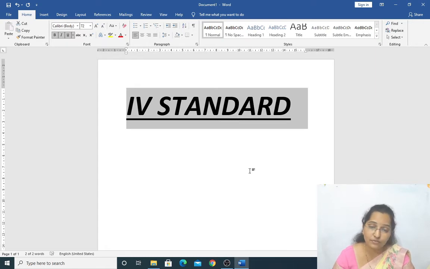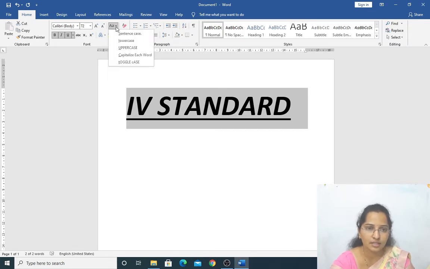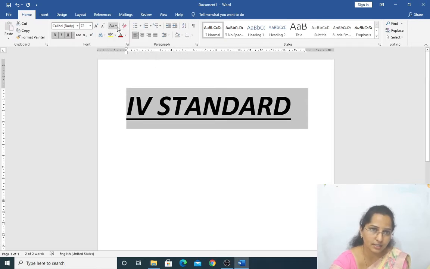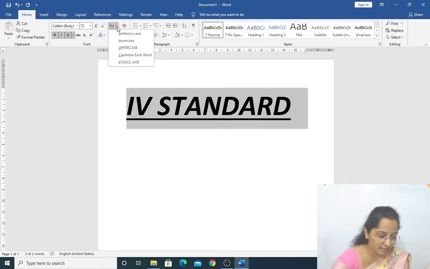Step 1. First, we have to select the text. I repeat again and again, to perform any action, we have to select the text. Then click on Home tab. We are in Home tab already. This is nothing but Home tab. And next, click on the drop down arrow. This is for changing the text cases. Click on this here like this, and then next choose the desired option from the list.